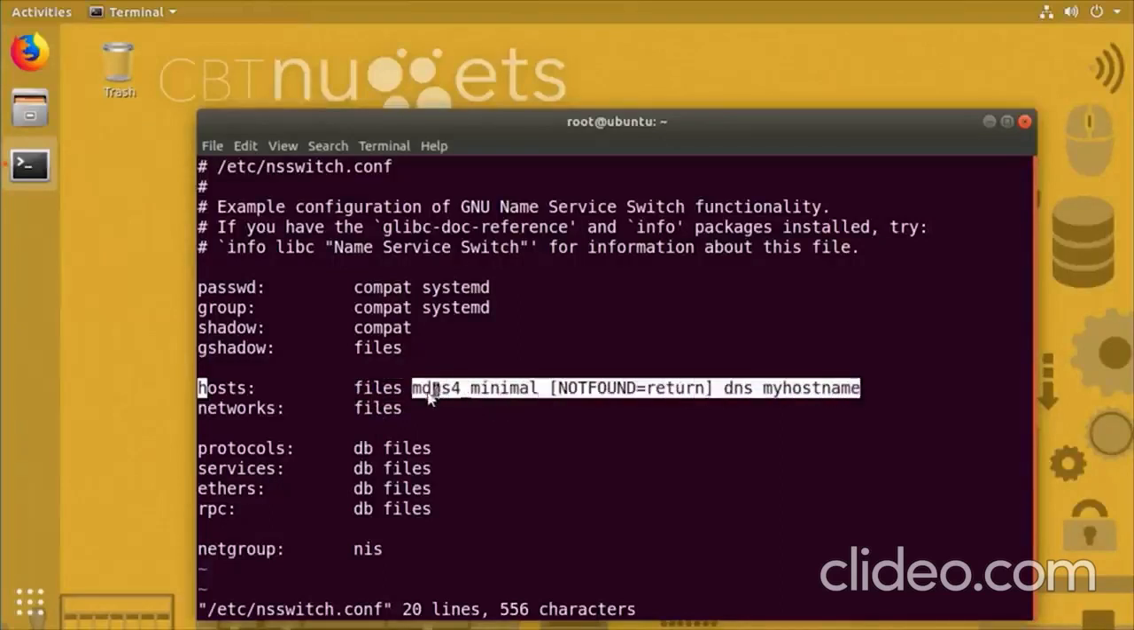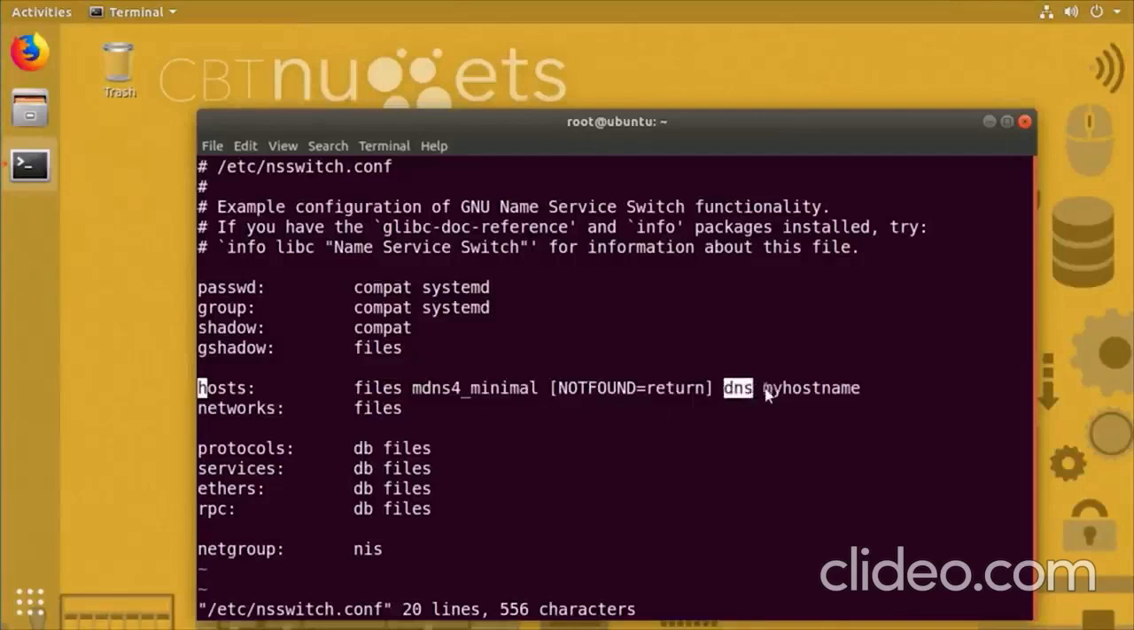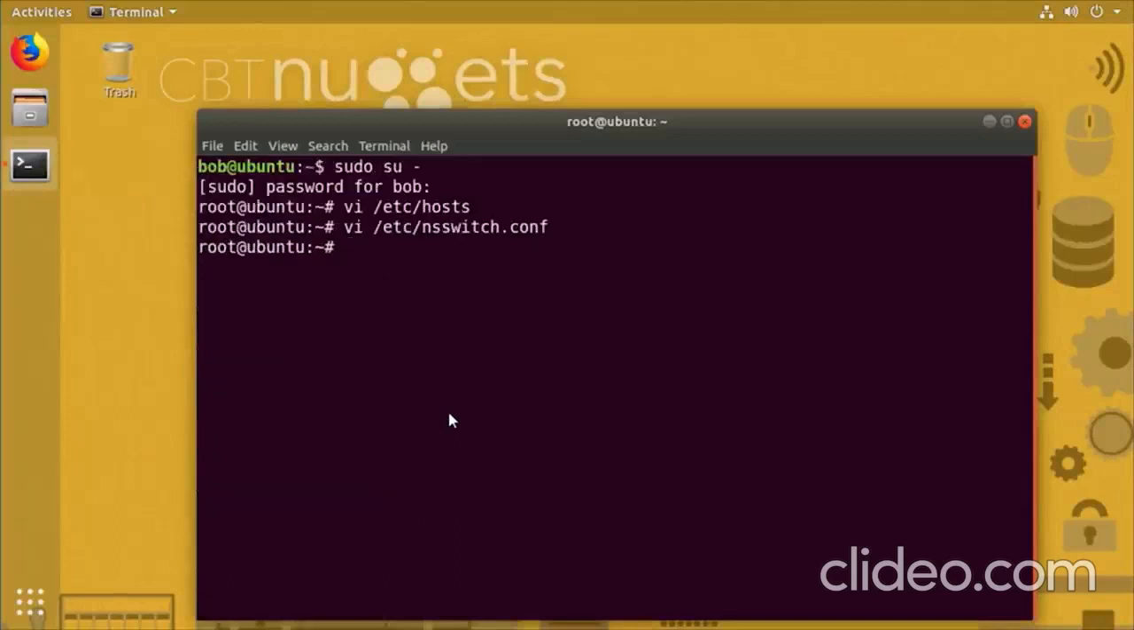It's going to do the MDNS for local lookups, and then it's going to use a DNS server. So this is the order that it's going in, but the first one it looks in is the files, specifically that /etc/hosts file. So you can change the order of that. I don't recommend changing the order because that's kind of what we want it to do. But one more thing I want to show you is /etc